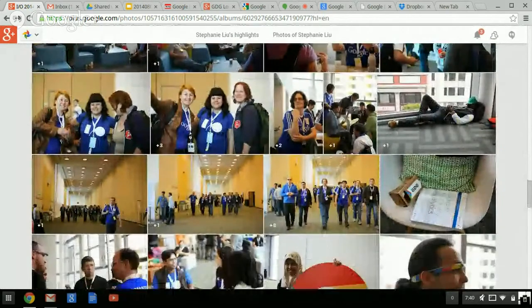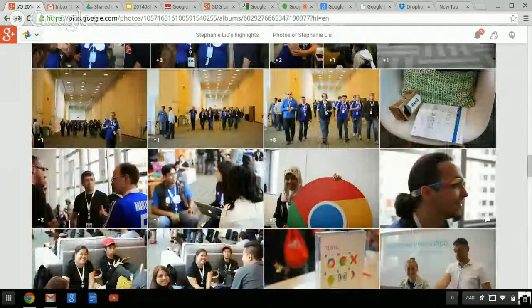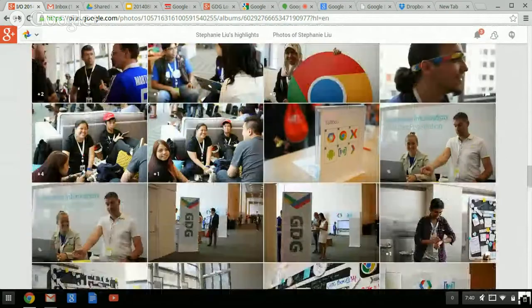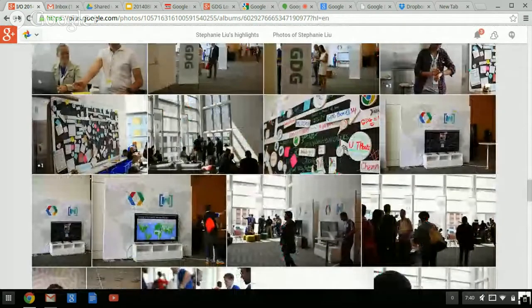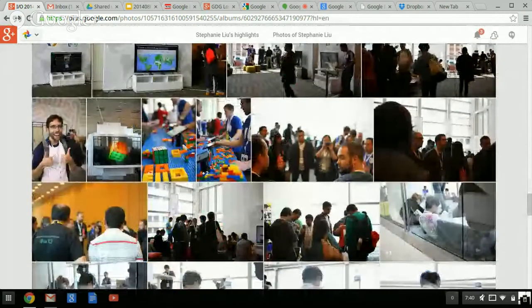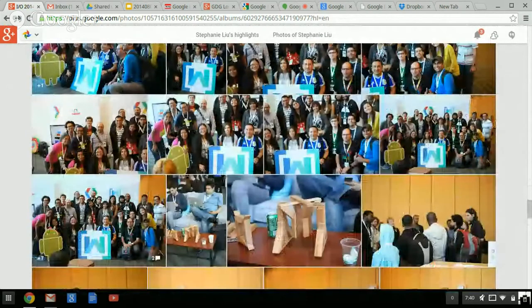There were also little areas set aside where they had a bunch of computers set up so you could do a self-run code lab. There were a lot of little stations with just people talking. They were kind of like booths, and those were not recorded also. So I was trying to go to those because those were not being recorded, as opposed to the big sessions that were. A lot of food. There's a whole candy station upstairs with snacks and drinks and stuff like that.